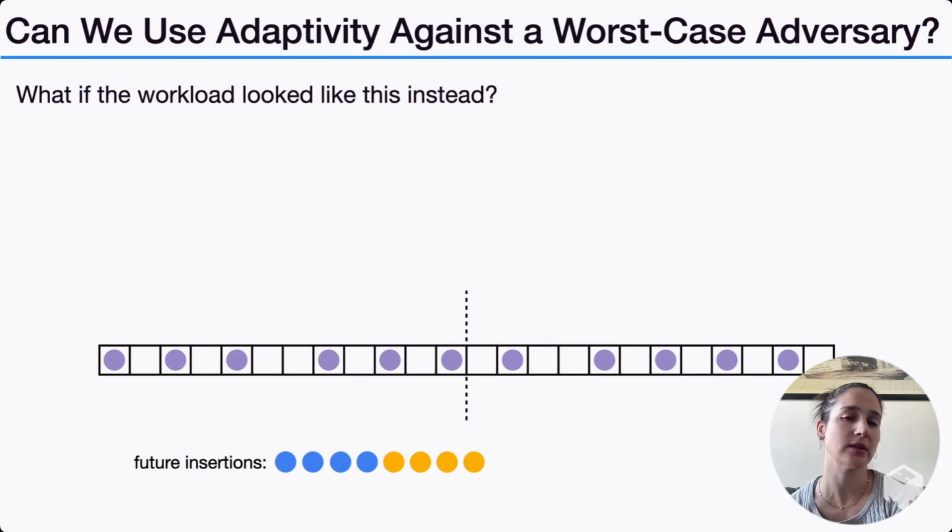So now we want to take this idea, but apply it to general workloads. So what we have to think about is whether this is exploitable. Because I'm doing this in a deterministic way, I could have an adversary that looks like this one at the bottom instead,